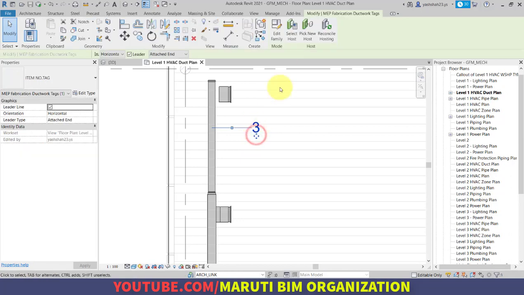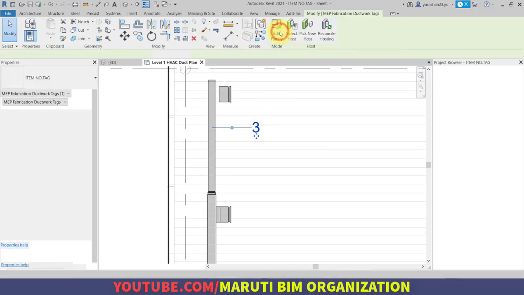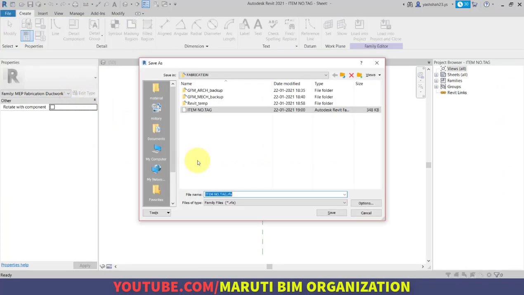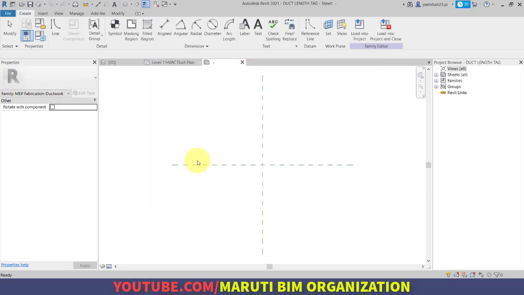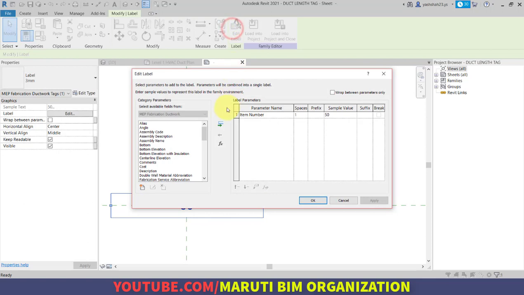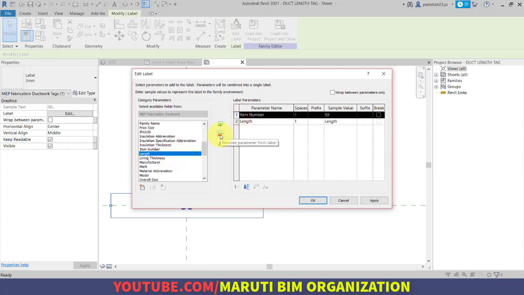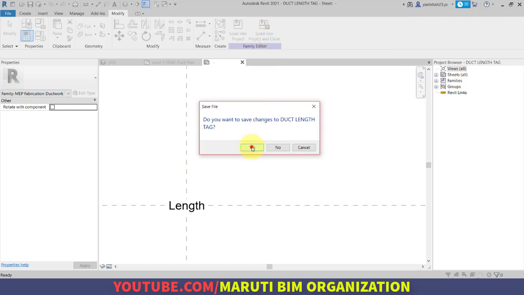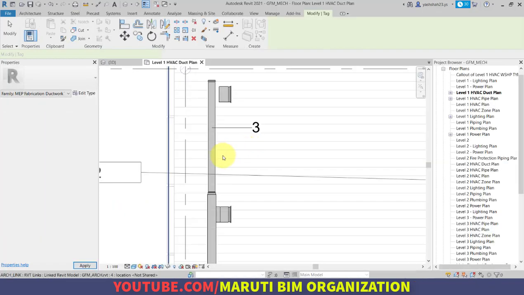So with this tag selected, I am just going to the edit family, and we will save as this family duct length tag, and select this label, go to the edit label, and we will use length and remove this item number, and simply click on OK and save into project and close, and yes, and we will apply it here.